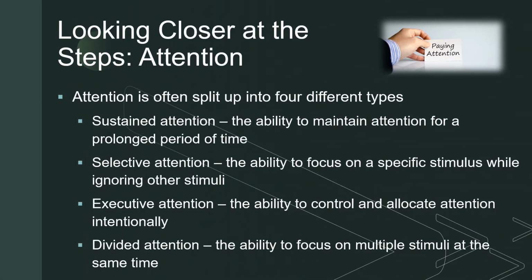Talking about how attention becomes more automatic, we have to understand that there's a multitude of different types of attention that we can become better and better at. One of the first and most important types of attention that we eventually gain the ability to use is this concept called sustained attention. Essentially, sustained attention is our ability to maintain our attention on something of interest. In the beginning, sustained attention is just essentially how long you can pay attention to whatever's in front of you. But as time progresses, sustained attention becomes more nuanced because it gets tied into the other types of attention that are critical in human experience.